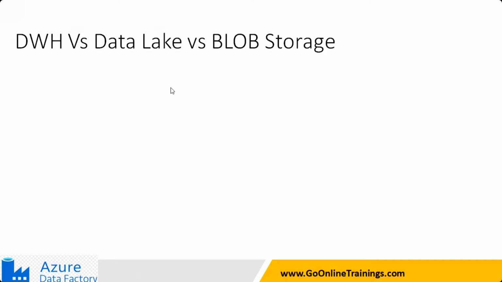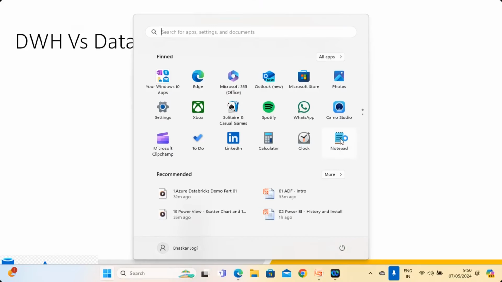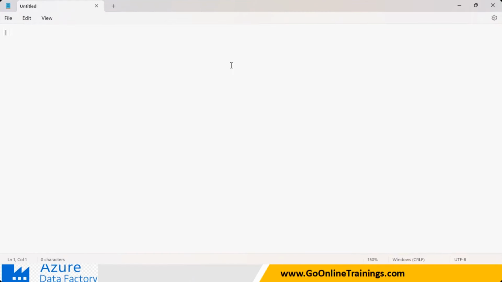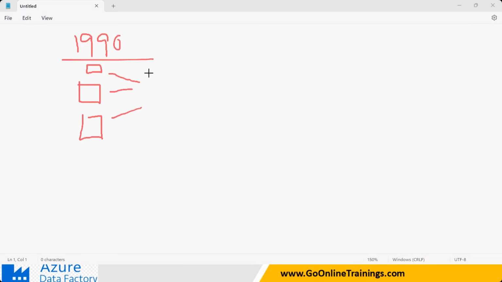So let me tell you what is the issue with the data warehousing, let us understand. In the 1990s, when the IT industry realized that we are collecting a large amount of business data, all the business data to store, we need to have large databases.